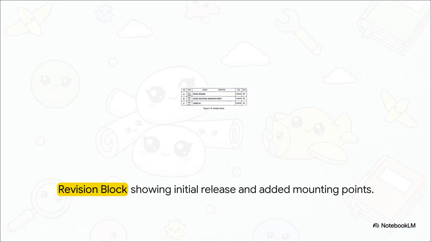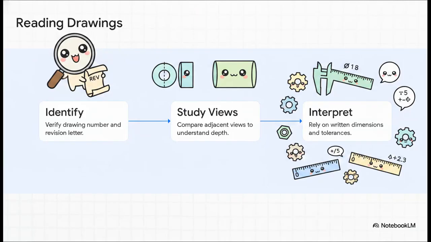When you're out in the field, you'll see these revision blocks are neatly organized into columns. Over on the far left, there's usually an identification symbol, like an A, B, or C, that marks the specific change. Then you'll spot the description of the revision, something like added additional mounting points. You also get the exact date and that all-important APPR column showing exactly who authorized the change. Actually, a lot of firms will even slap that revision letter right in the main title block, so it's practically impossible to miss.